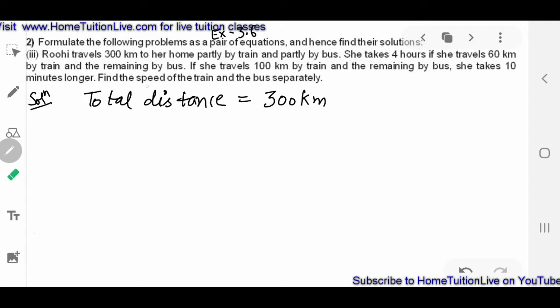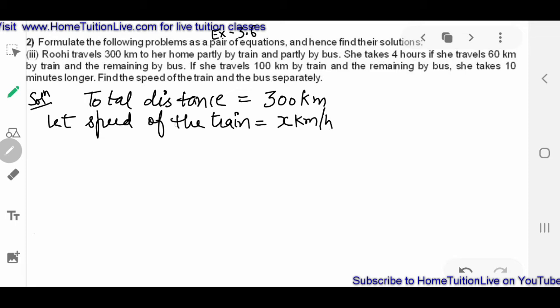So we will let the speed of the train be x kilometers per hour and speed of the bus be y kilometers per hour. Okay, so according to the question,